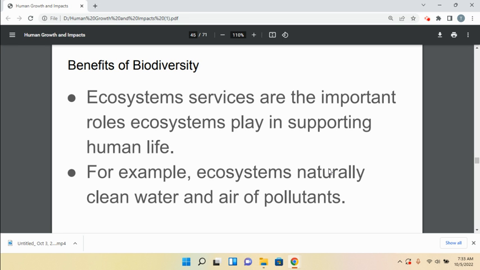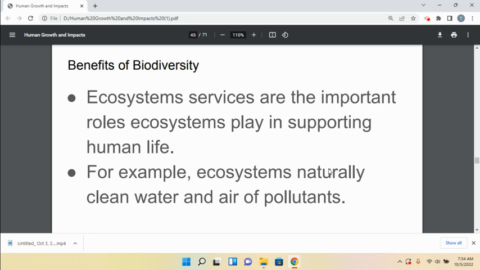Examples of ecosystem services are cleaning and filtering water. Survival tactic: if you're ever stuck somewhere and you don't have any fresh water with you, you don't drink river or lake water. What you can do is move a few feet away from the edge of the river or the lake, dig a hole until you hit water, and drink that. Because the earth, the ground itself, and the bacteria that live within it will literally clean and filter that water. Yeah, it'll be muddy. Yeah, it'll taste like mud, but it won't hurt you, because those ecosystems filter and clean the water.